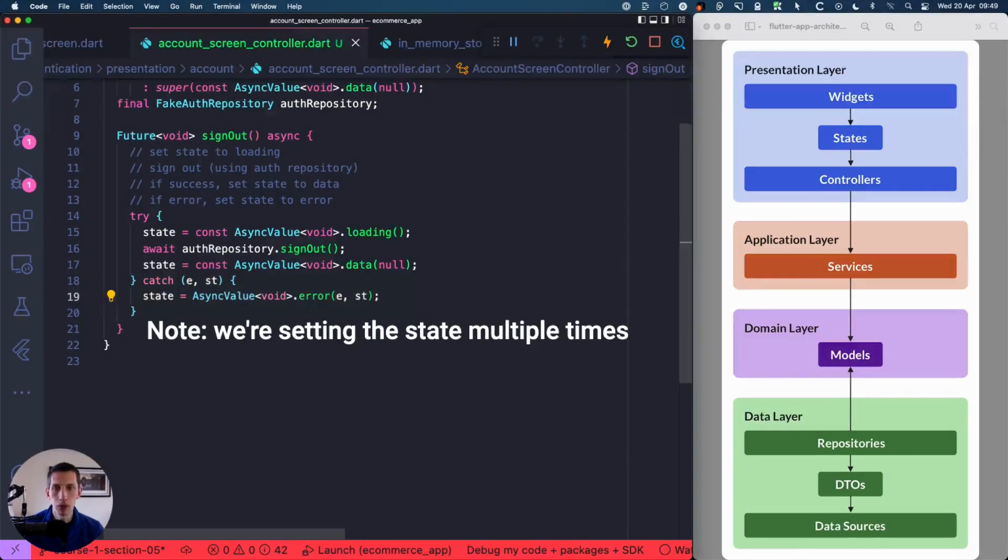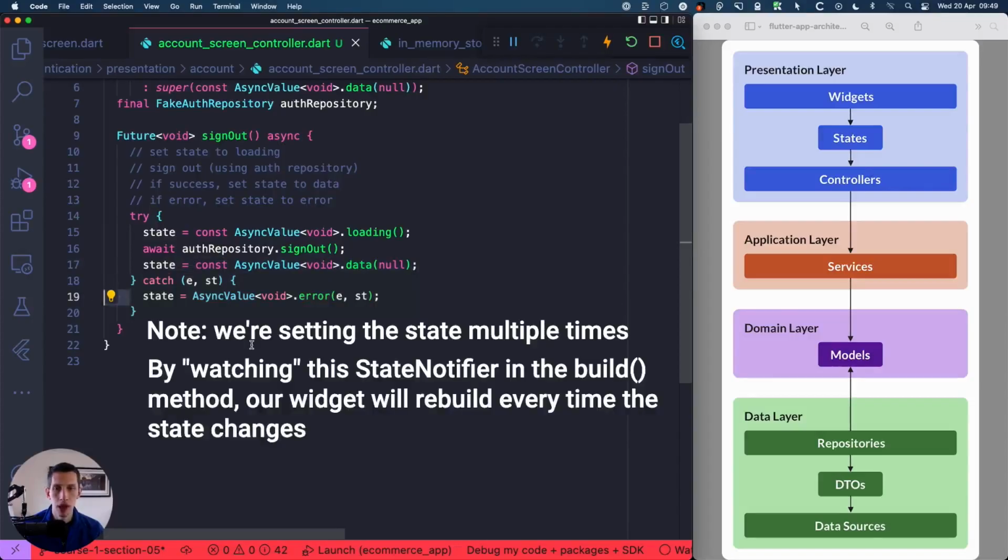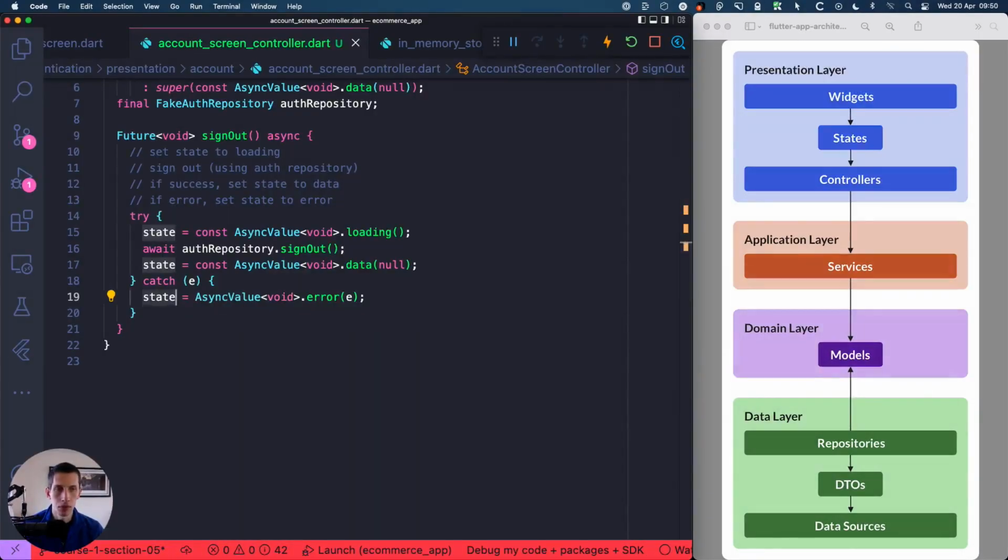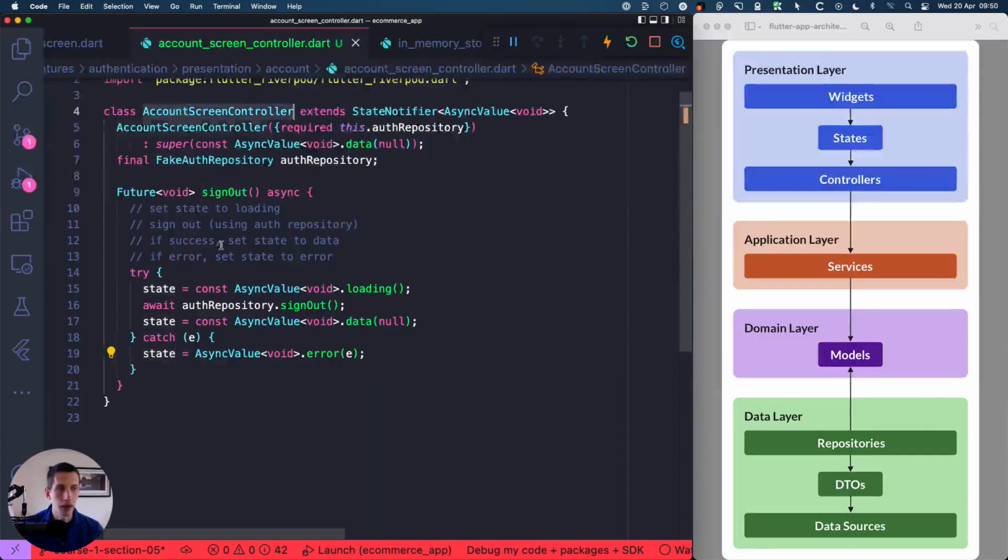And one thing that I want to point out is that here we are setting the state variable multiple times. And as we will see, we'll be able to watch this state in the account screen widget and make sure that it rebuilds every time it changes, using the same Riverpod APIs that we're already familiar with. But for now, let's stay on track. And now that we've created our account screen controller, we also need to create a provider that we can use